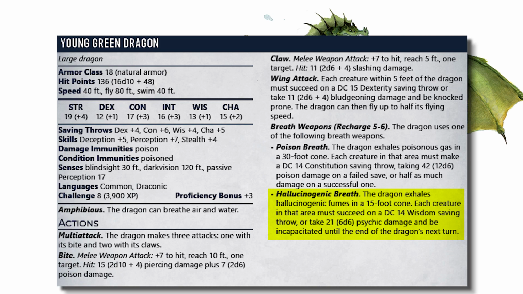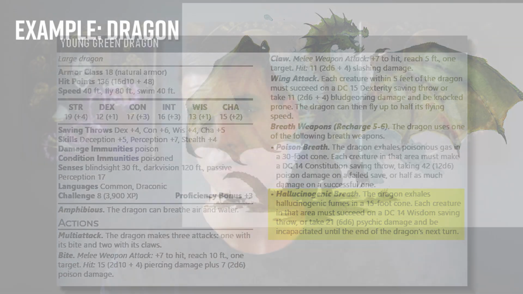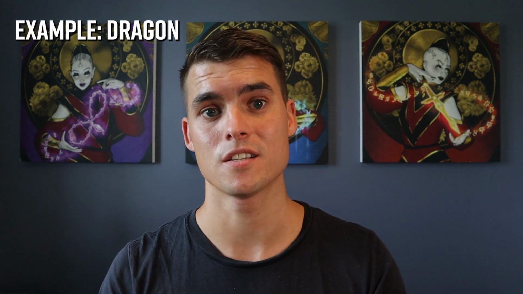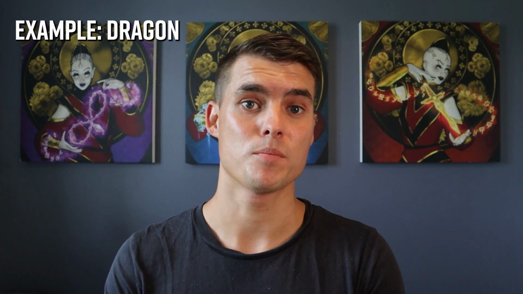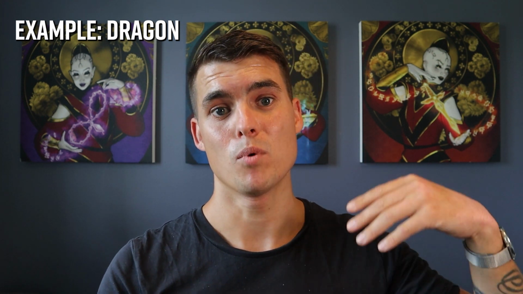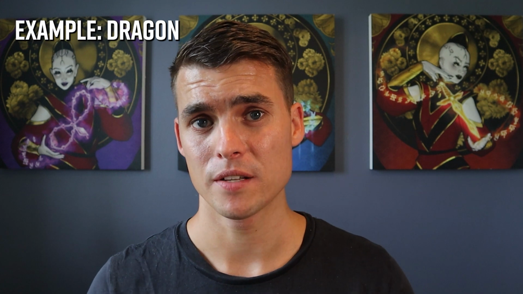So if the dragon is not winning the combat, it's in a tough spot, it knows the character still has a lot of hit points, using that breath weapon to try and incapacitate its enemies before then flying away, for example, is a better option than using its normal, more damaging attack. Finally, we can make the young green dragon even more dynamic and a more interesting foe by also giving it